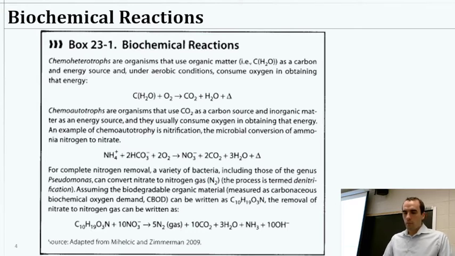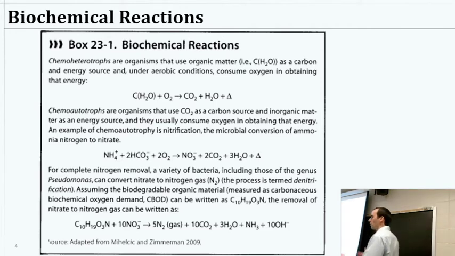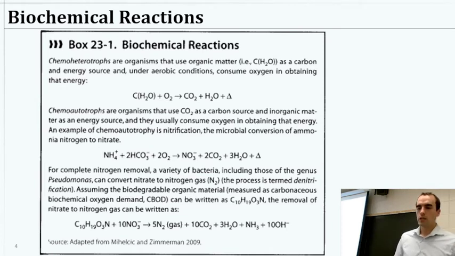And under aerobic conditions, so when they have oxygen, they'll be consuming oxygen, doing typical respiration like we do when we eat something, or organisms inside of us and ourselves. Basically, taking that oxygen, taking the organic matter, creating CO2 and water and heat, or